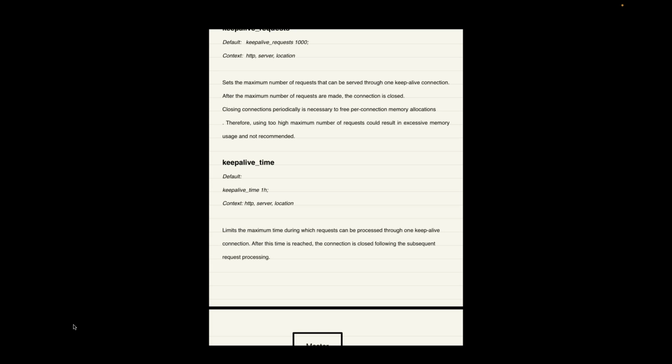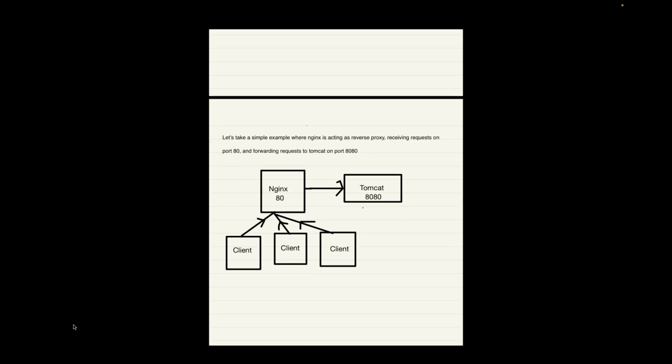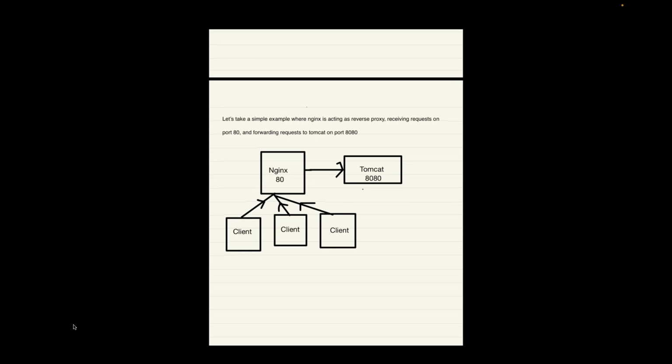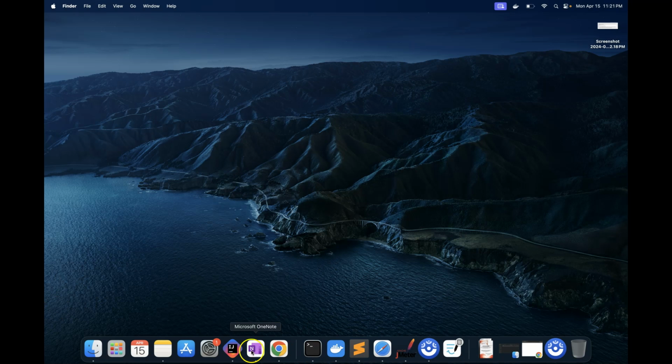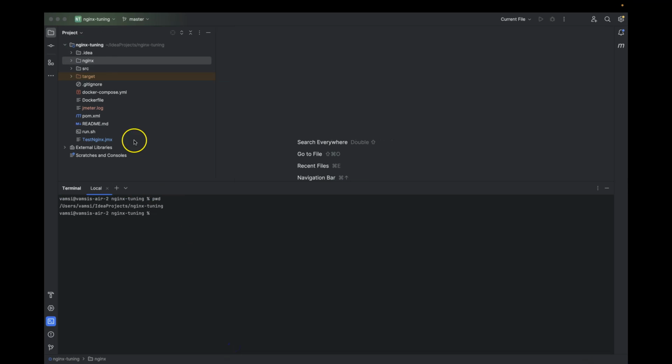So this is a high level overview of some of the directives that we would cover, and this is how our sample application would look like, right? So now let's look into our sample application, the one that we'll be using for our demo. It's a very simple application. As you can see, we have